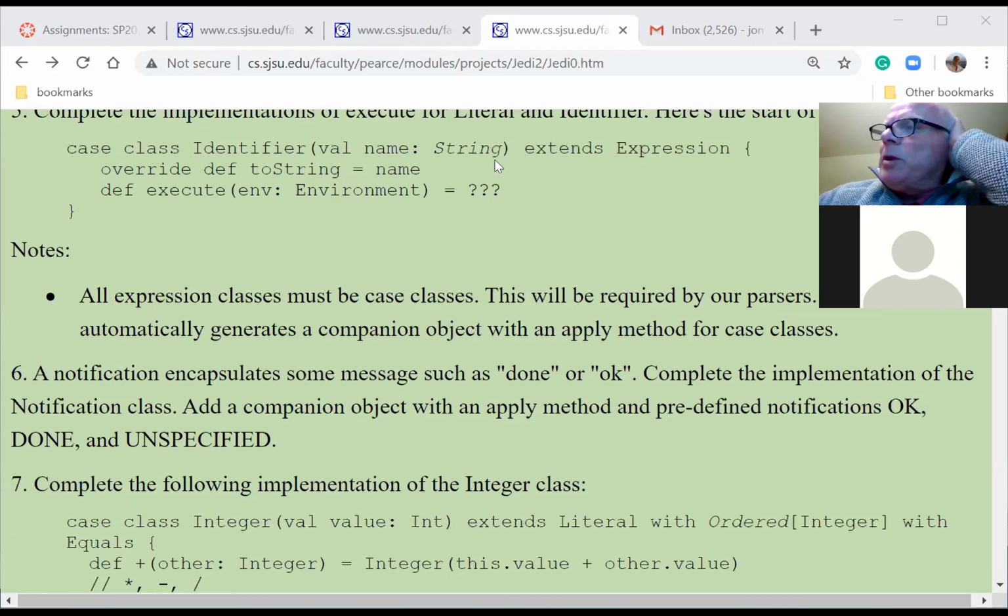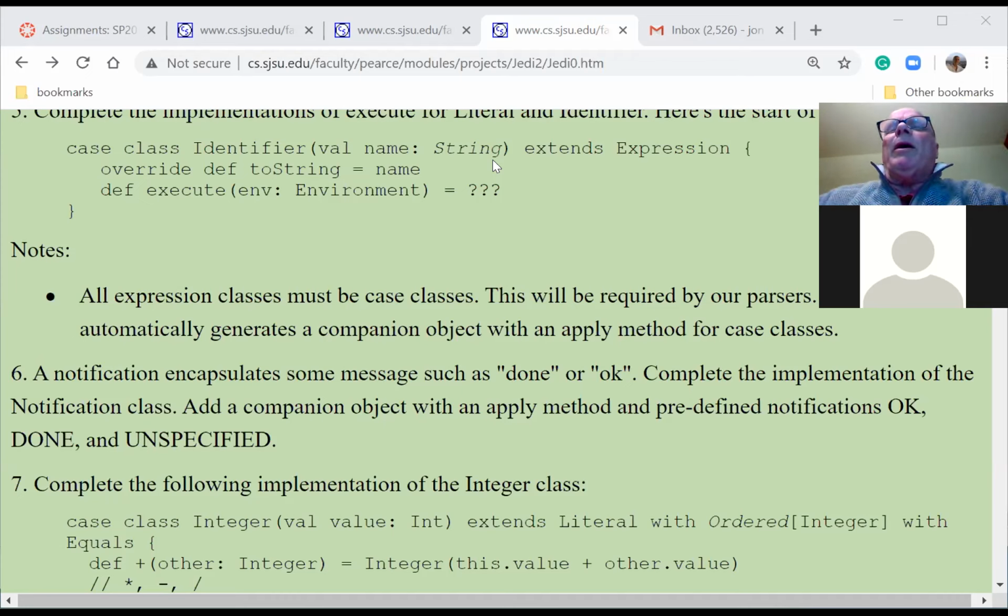And there's two minuses. There's binary minus, A minus B, and unary minus, which is just negative A. And binary minus is just the minus sign, and unary minus is unary underscore minus. Once I have that, I can do -3, for example, in Jedi.